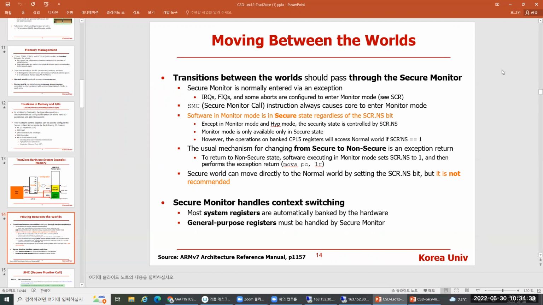It is specific. Right? So in secure world, you have all the power to touch everything, right? So you can change the SCR register. Probably you can use the MCR instruction, a processor instruction, to change that SCR register. Then you don't actually go through monitor mode. You directly switch to normal mode. But that is not